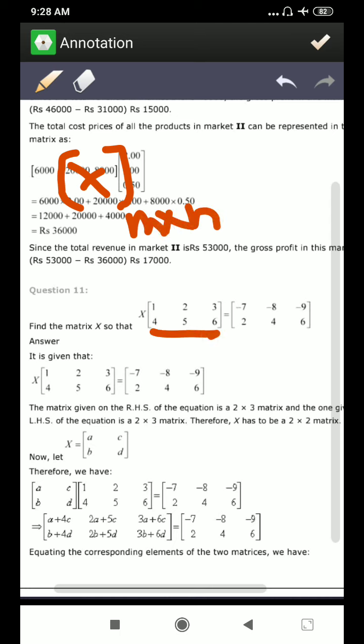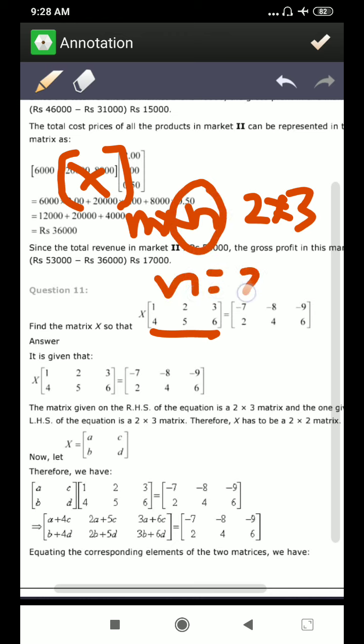Order of this matrix is 2 into 3. Alright. So one thing, their product is possible. It means N is 2. Is it clear? Because the product of two matrices is possible only if the number of columns in the first is equal to the number of rows in the second. So the product of X and this is possible, and this matrix is of the order of 2 into 3. It means definitely the number of columns in X is equal to 2. Further, the number of rows, their product will have order M into 3.